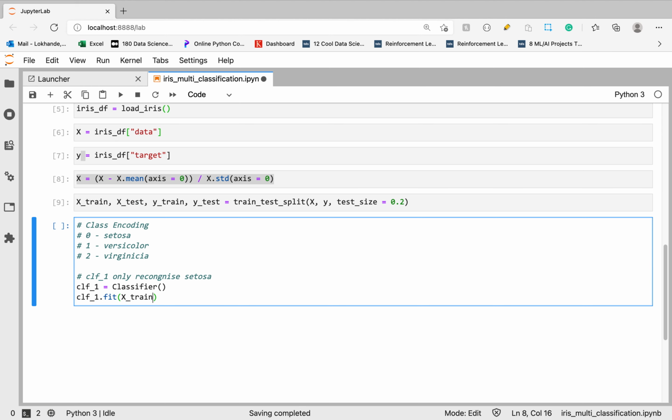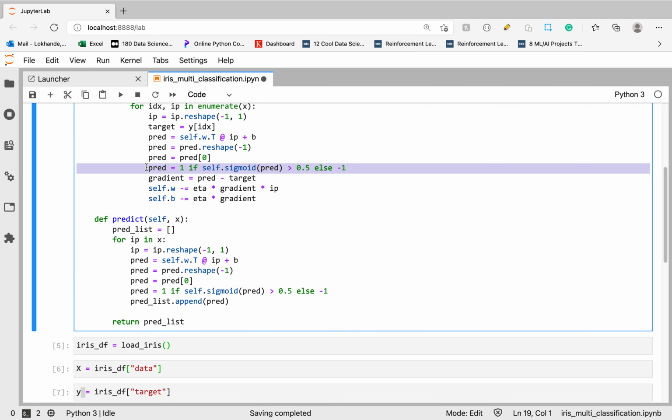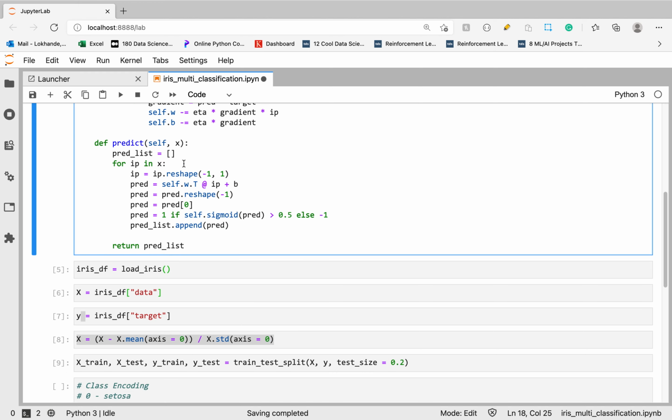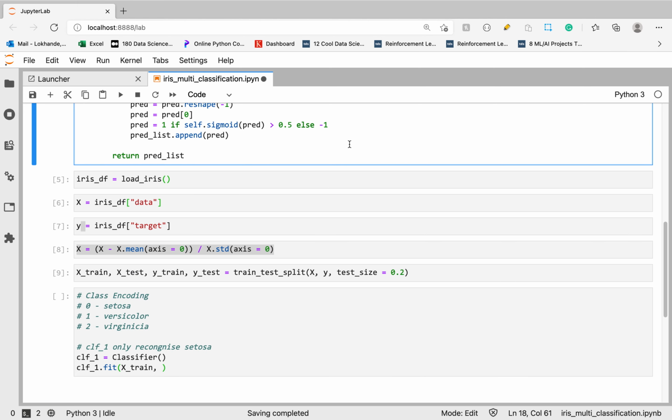The second argument: here you can see we model our class label to 1 and -1. In the context of classifier 1, it will return +1 if our instance belongs to setosa, and it will give -1 if our instance does not belong to class setosa.